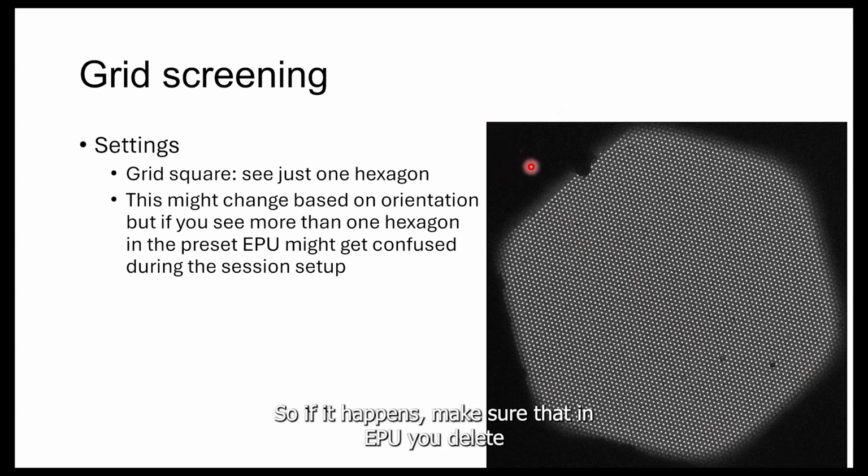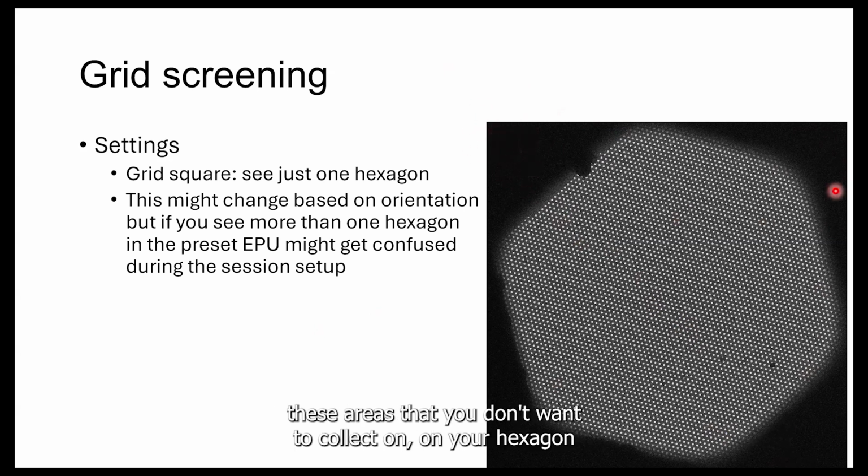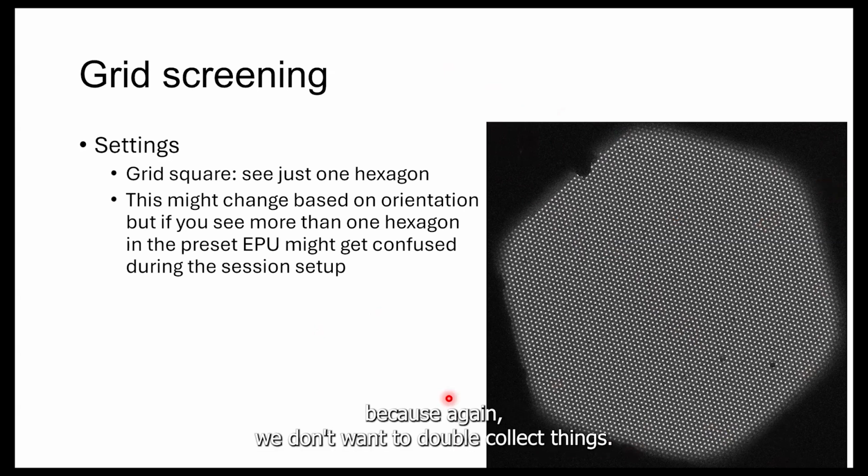So if it happens, make sure that in EPU you delete these areas that you don't want to collect on your hexagon, because again, we don't want to double collect things. Heliocentric,